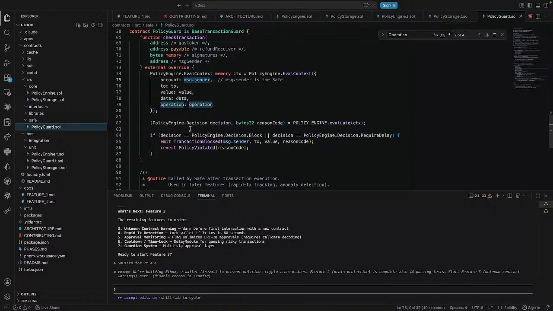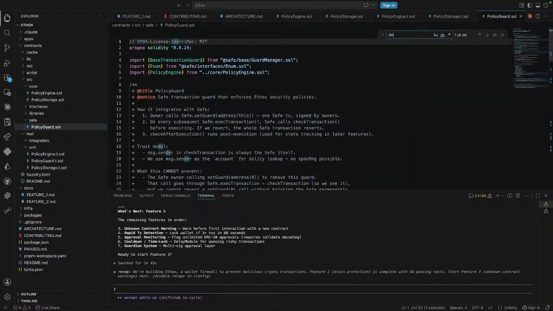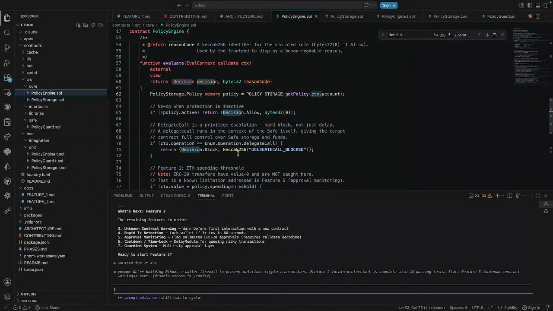Then if decision, where is decision, bro? Okay, yeah, decision is allow, block or require delay. Then transaction is policy violated, policy engine, and in what case it will